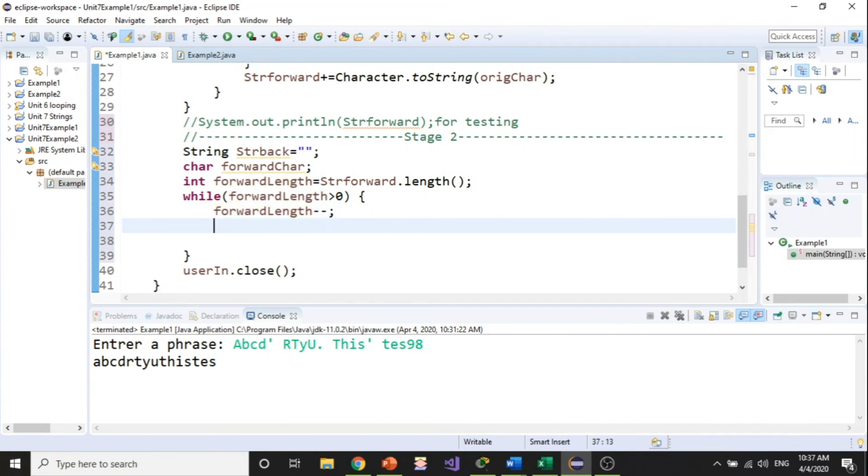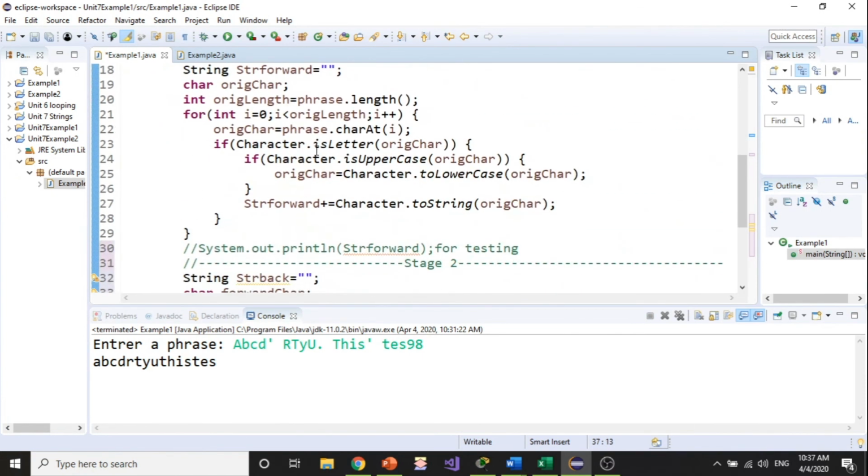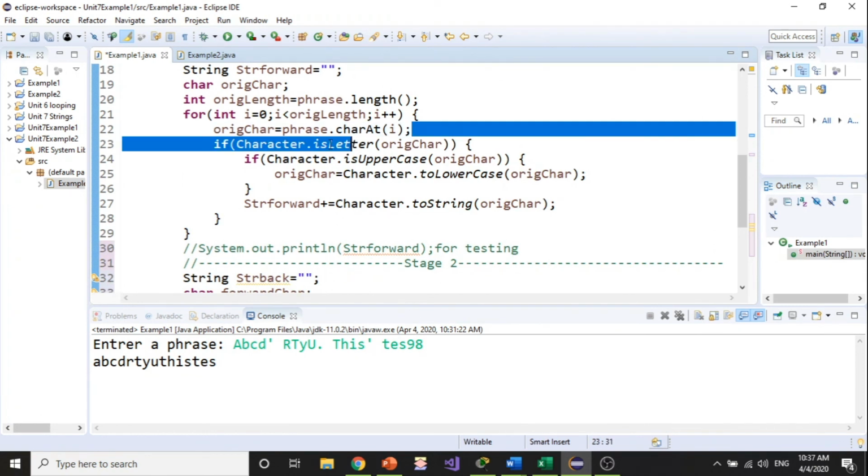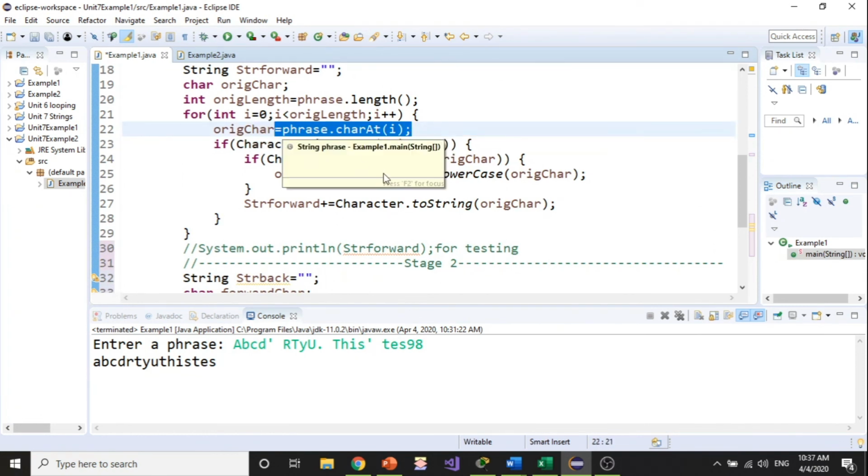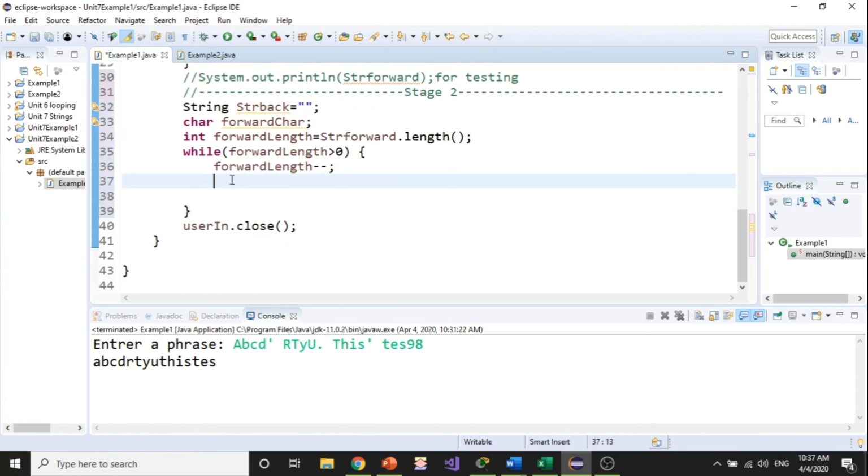And after that, I need to have access to the character. I'll just go ahead and copy it. Where is it? Character. Here it is. Well, you know what? It's a lot easier if I just type it. So I have the characters called for word character equal, and we are trying to have access to the forward str for word dot add character, again character add, and I'll put,